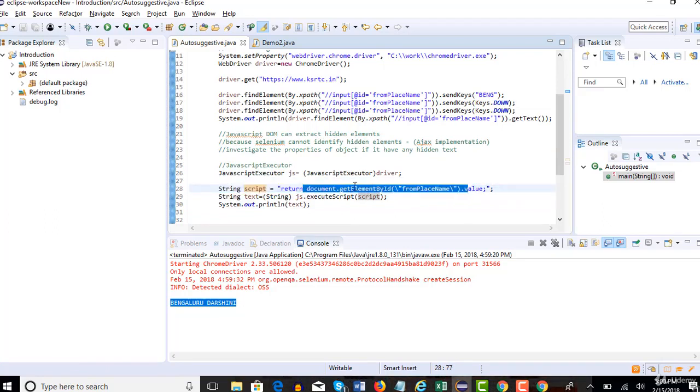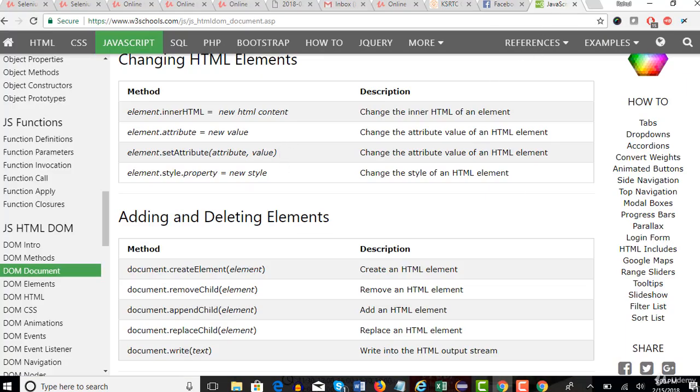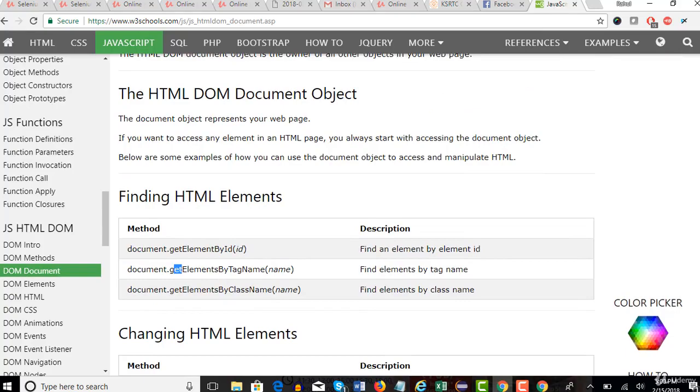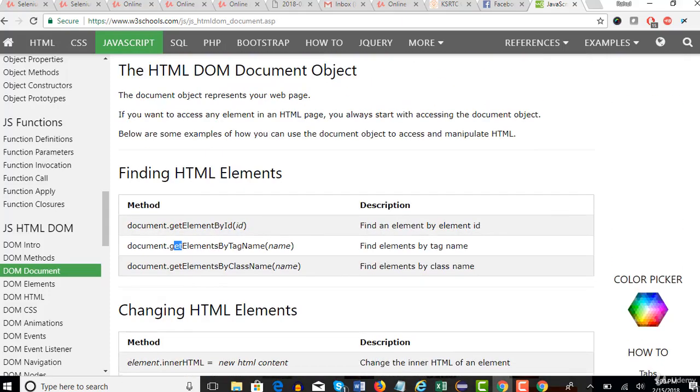Instead of find, we are using get, that's all, and pass the ID or whatever you want. Not only ID, you have many things here. You can use ID, tag name, class name. You can also use XPath. You can use all these and play around.